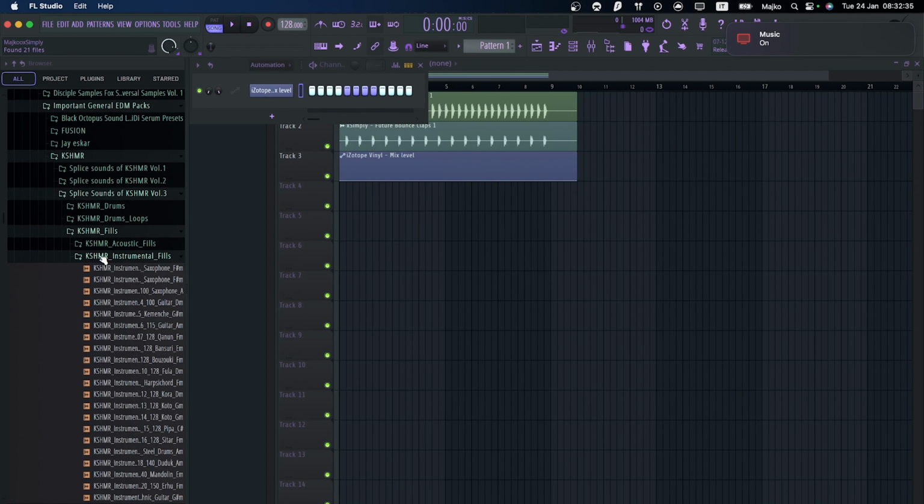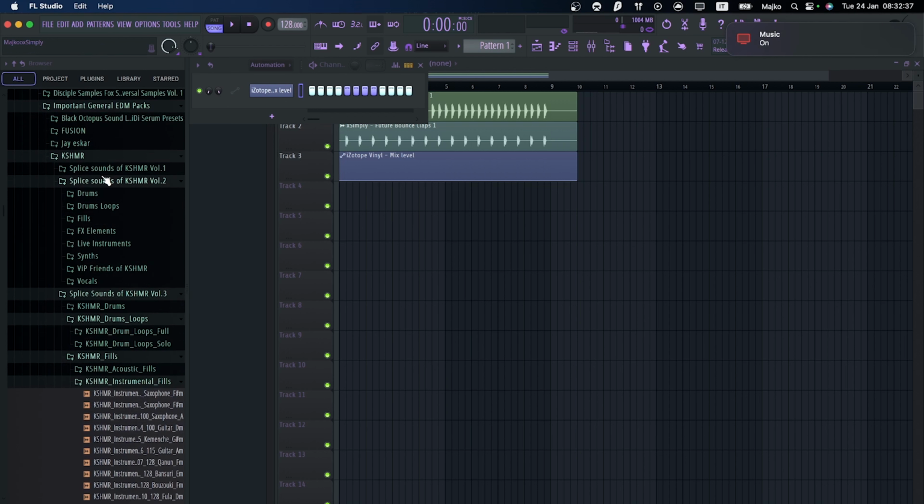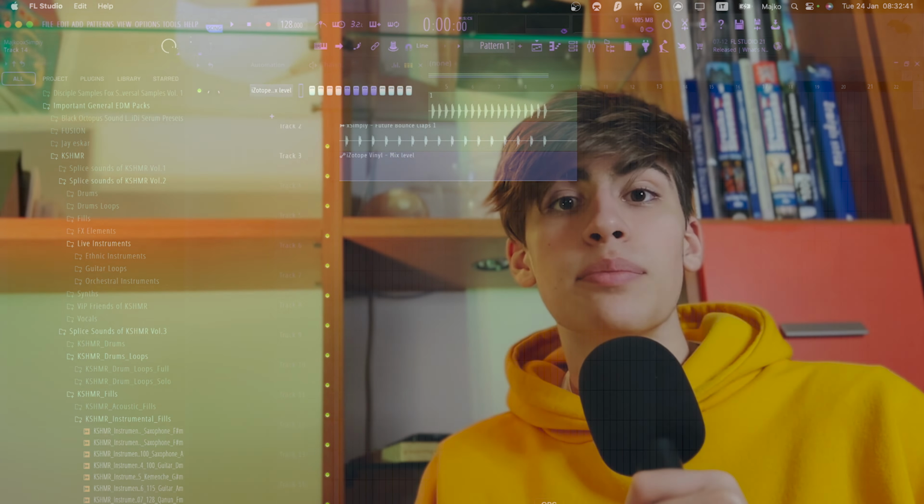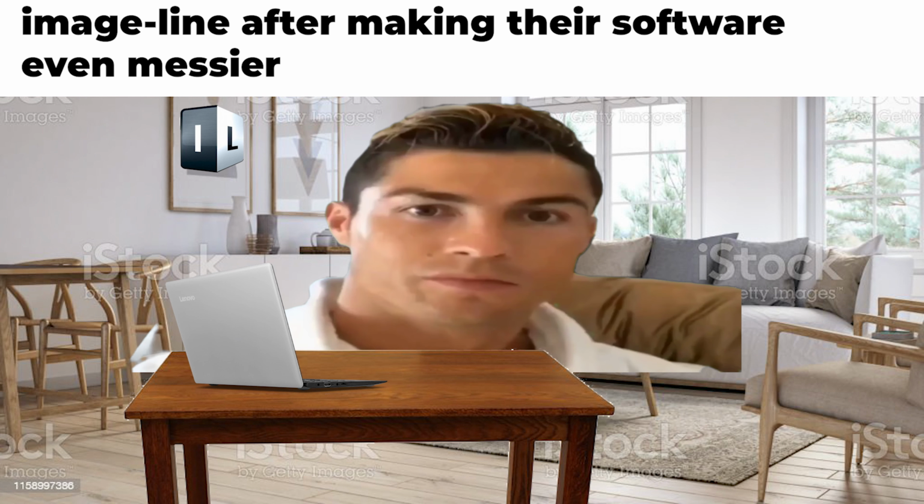And also, one thing that I will forever complain about. After the FL Studio 21 update, if you open folders in your browser and you go into different folders, the folders that you already had opened stay open instead of closing themselves like before, and this makes it so messy. Why? It was so good before. Why did you have to ruin it, Image-Line? I just don't understand, and I haven't found a toggle to turn this annoying function off. If anybody has, please help me, because it's driving me mad.